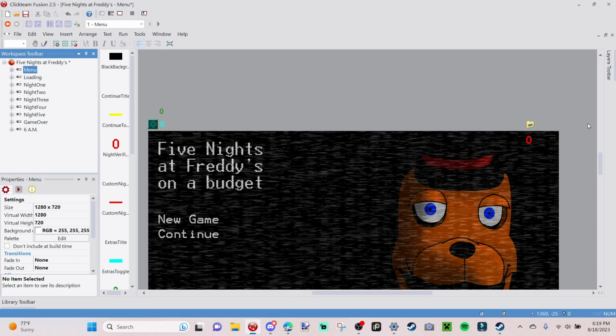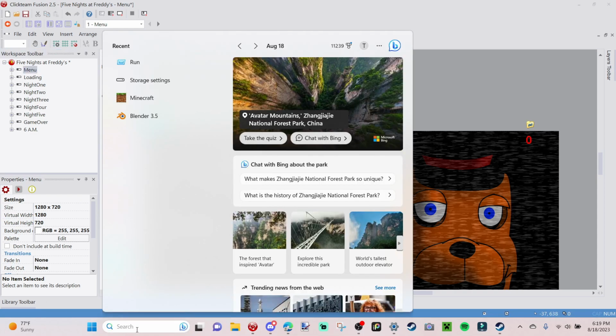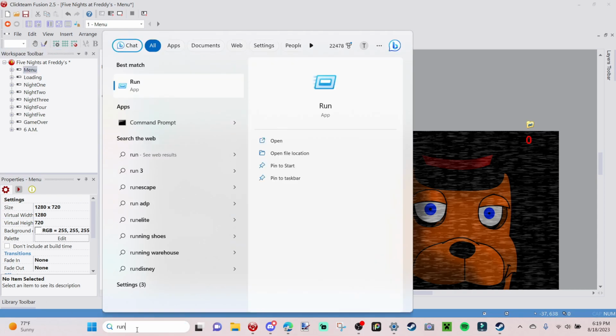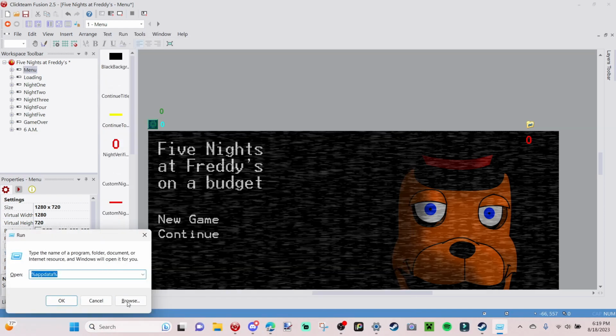But anyway, now that we're here, we're also going to do one more thing. So we're going to actually open our game file. Our game file is not currently in use yet, but we will at least open it when it's for use, if that kind of makes sense. So to do this, we're going to go down here where it says search, and we're going to type in run. When you see run, just press enter. And you want to type this down here. You want to type the name of a program, folder, document, or internet source. And we want to type in